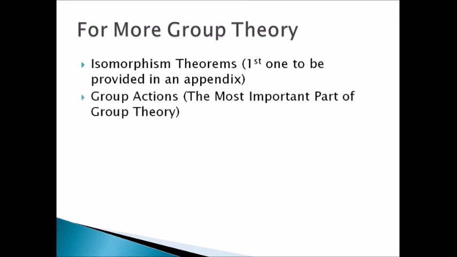Next is group actions. This is how a group acts or operates on another set. This is perhaps the most important part of group theory, and it leads to many important results like Sylow's theorems, Cauchy's theorem, and orbits, centralizers, the class equation, and many more. One might say that after the first part, which we have already done, this is the next most important part and the part which is required for further study in group theory.